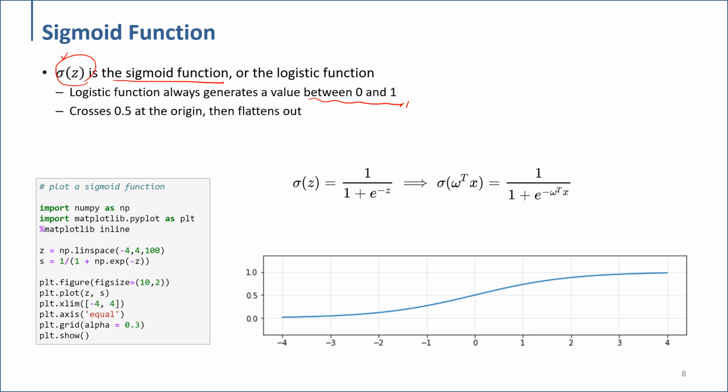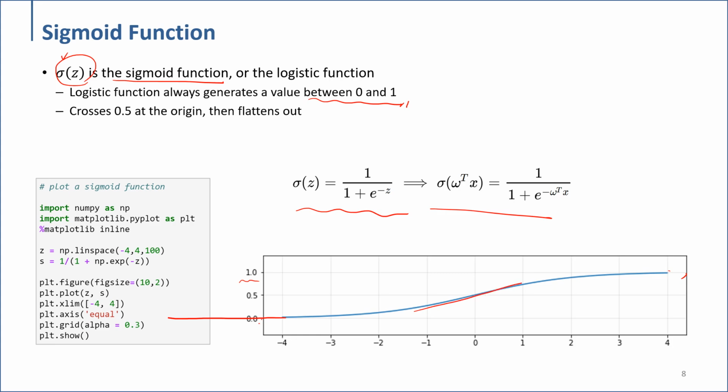When you plot this sigmoid function, as we discussed earlier, the value looks like this. As x goes toward negative infinity, it approaches 0.0, and as we keep increasing x, the value approaches 1. But in the middle, it is kind of similar to a linear function. So that's why we use